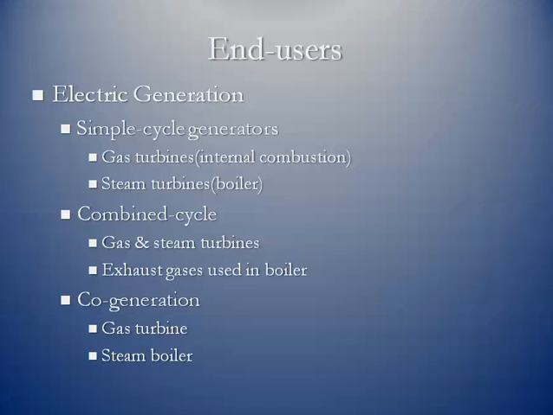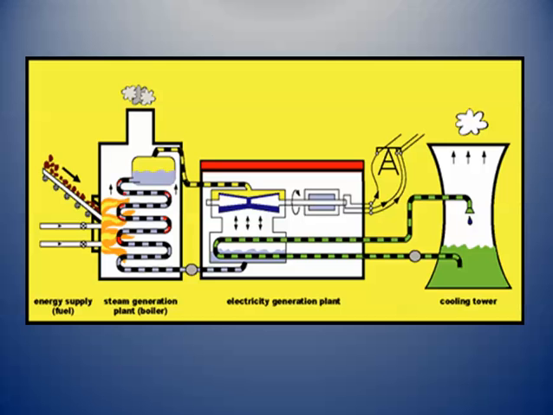You also have combined cycle plants. This is where you have a combination of gas and steam turbines. The gas turbine, again, is strictly using natural gas as a fuel, but it has exhaust heat. That exhaust heat then is pumped into a boiler where it creates steam, which then drives a steam turbine. So combined cycle natural gas plants are among your most efficient. And then again, we have the cogeneration facilities where they've got a gas turbine, which is going to create electricity, but then also have a steam boiler where they're going to create the steam, as I mentioned, to sell as an actual commercial commodity.